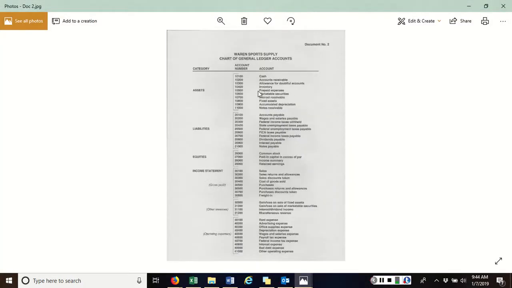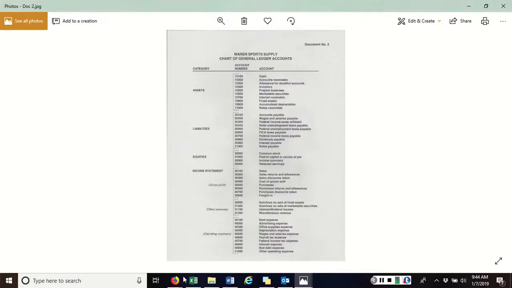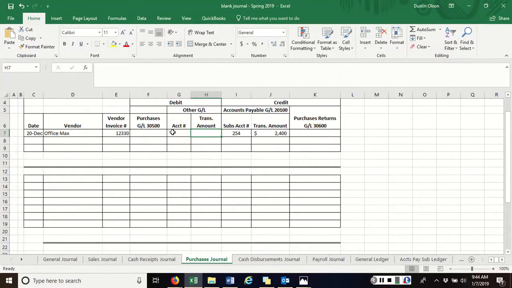So we'll go back to our chart of accounts, and I said that this is going to be an asset. So we'll look up here under our assets section at the top of the page. And our asset is going to be here, fixed assets. So our tangible property that we use in the course of carrying out our business that we have to depreciate is going to be our fixed assets. So our fixed assets is getting bigger now with a debit. So we'd find that account number 10,800 for fixed assets, and we'd come here in the journal